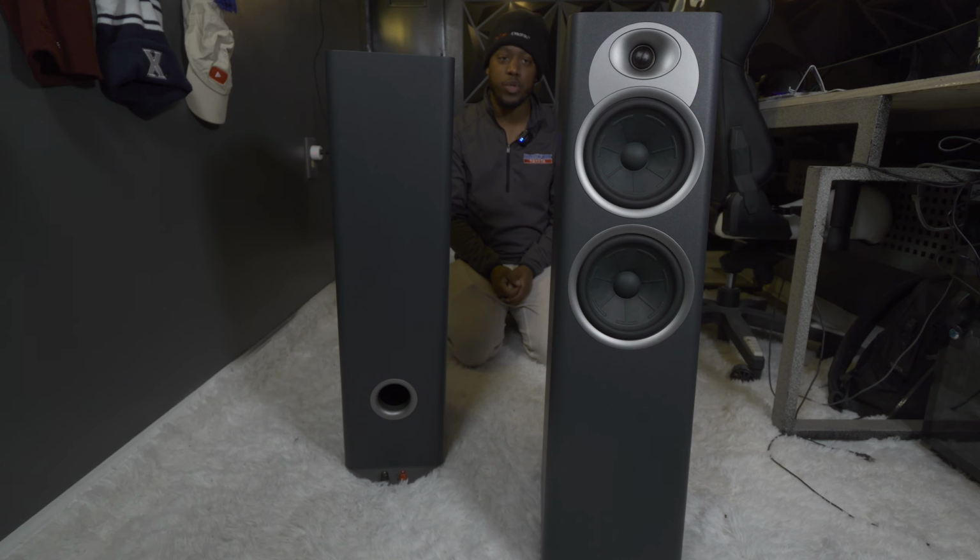I wish more manufacturers were brave enough to come out with colors other than black or white. And so seeing gray and blue, and then even Klipsch, which is the brother of this brand here, Klipsch owns Jamo. Klipsch usually just makes black speakers, and sometimes they have like a walnut finish and maybe a cherry. But it's nice to see a gray and an off-white, and you know, these really bold, not futuristic colors, but